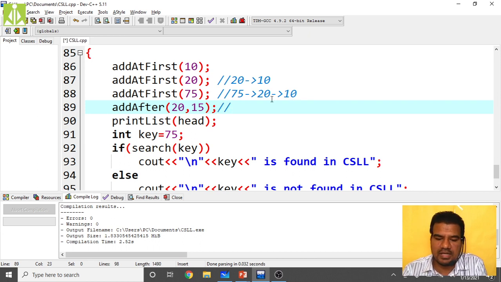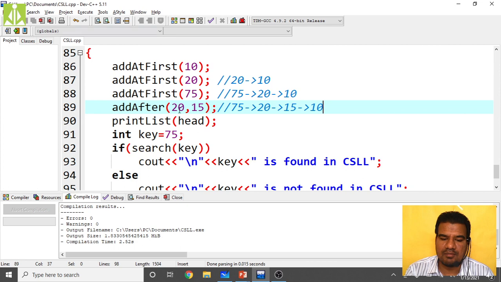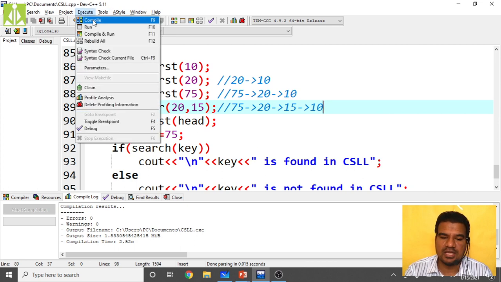So how will my linked list become after adding 15 after 20? 75, then arrow, then 20, then after 20 we are adding 15, and after 15 you will have 10. So like this I want 75, 20, 15 and 10, and my 75 should be displayed as it exists inside the linked list.